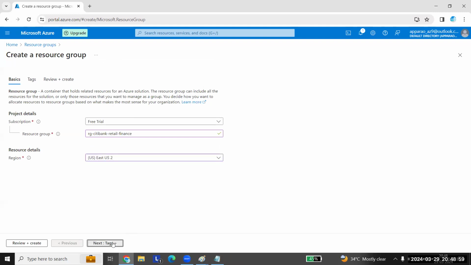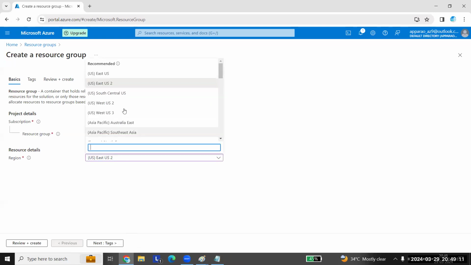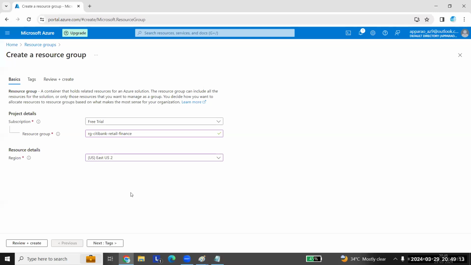Next, tags. You see I've taken the subscription, that is the free trial, and I've given the resource group name and the region where I want to create. Microsoft has got 200 to 300 data centers across the world.